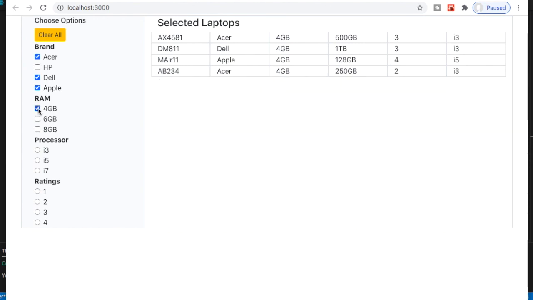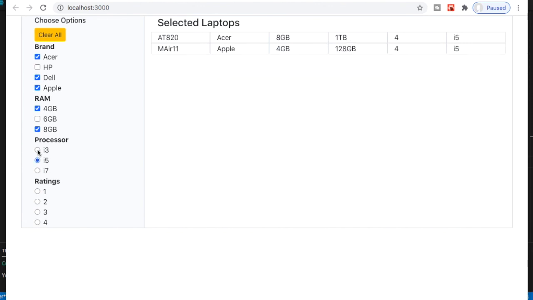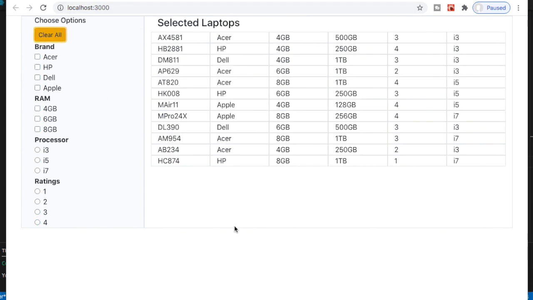If I select on RAM, and now if I select on processor, I get those processors within it and those. Let's select all these. And now if I clear all, I get all of it.